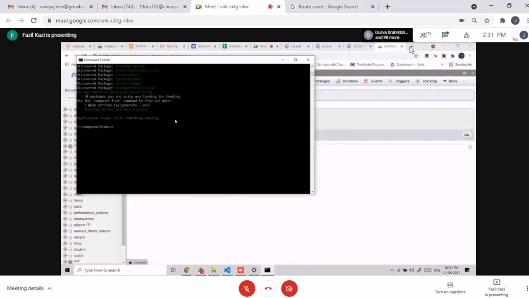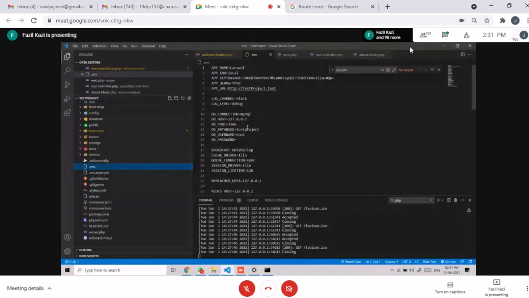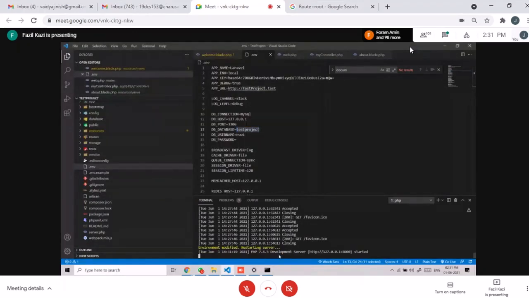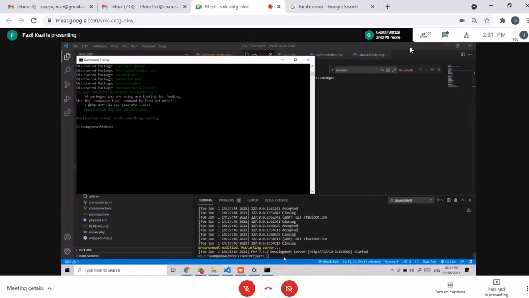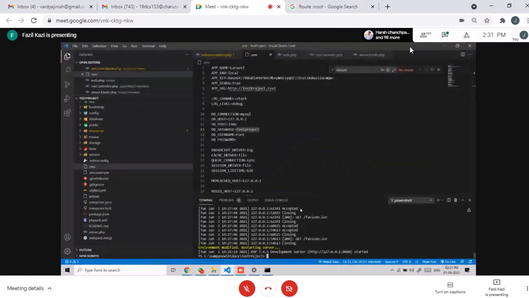Okay, so here in our env file, we need to change the name for the database, and it is the same, so we won't need to change it now. I just need to do this. Okay, so now you see in this database we are not having any table. Okay, so when I click here and I create PHP,